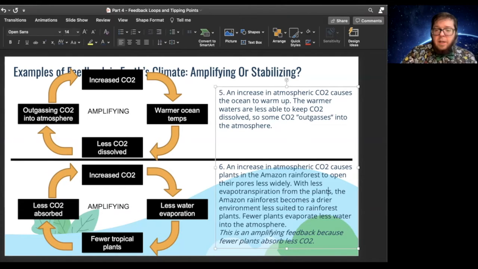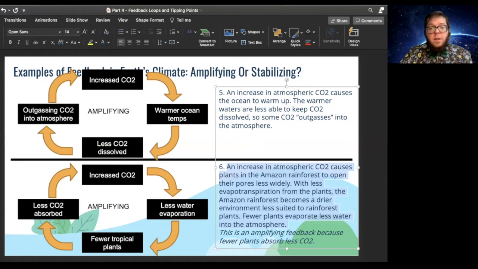And finally, this one I've already got written out here. An increase in atmospheric CO2 causes plants in the Amazon rainforest to open their pores less widely, right? This is just a thing that I learned about plants very recently, especially the plants in the Amazon rainforest. If there's an increase in CO2 in the atmosphere, the plants will not open their pores quite so much. And when they don't open their pores so much, they don't transpire as much moisture into the air. And with less water going into the air, the atmosphere over and around the Amazon rainforest becomes drier. And that means there's less rainfall, and that means the environment is less suitable for the growth of tropical plants, such as one typically finds in the Amazon rainforest, which means there's even fewer plants opening their pores to evaporate